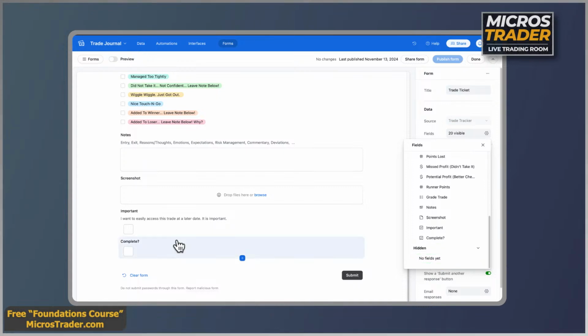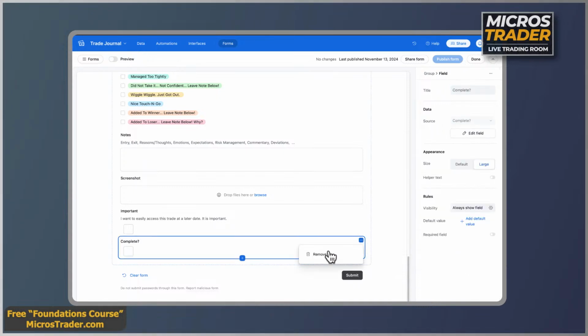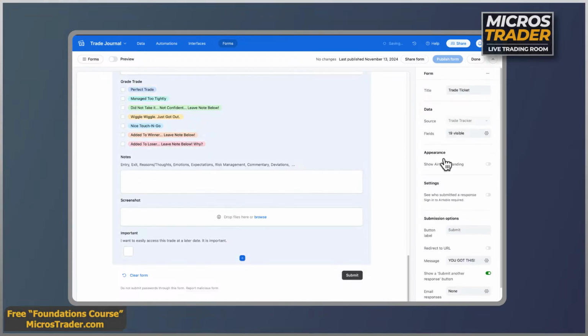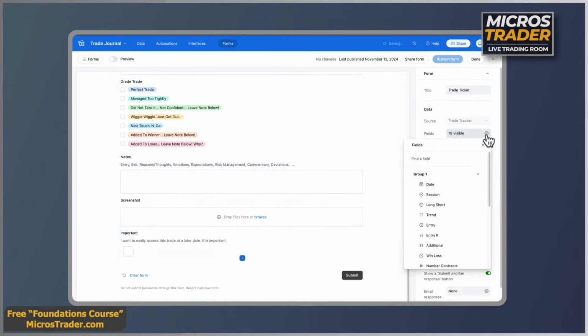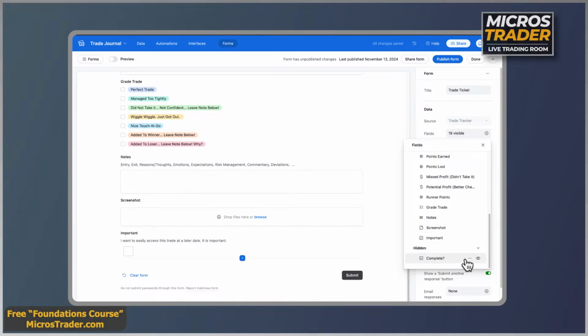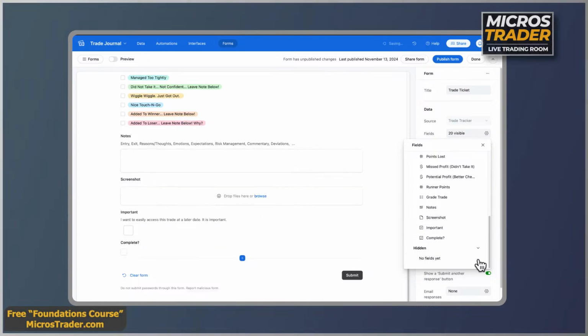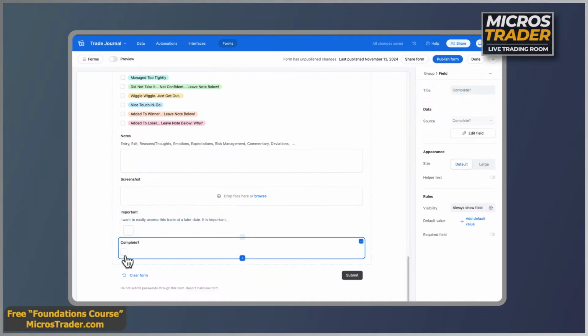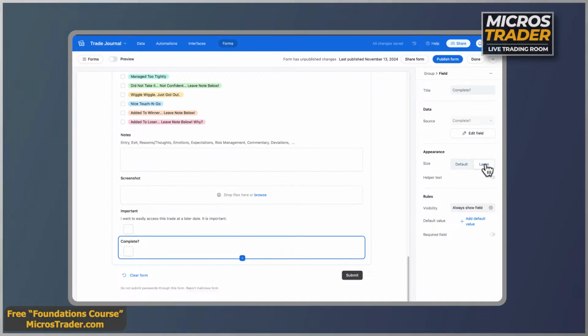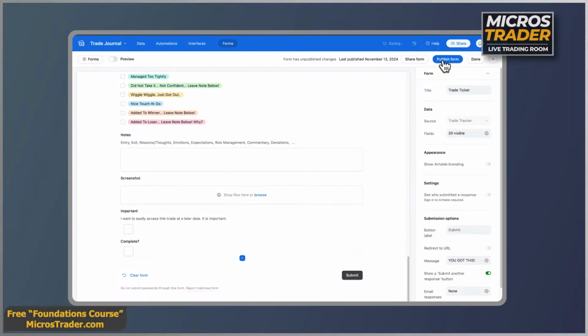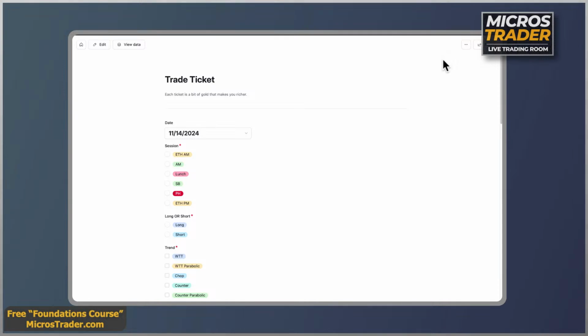So let me just show you that real quick because there's another thing. I'm going to hit remove. So I removed the complete. So now there's 19 visible. So when I come over here and scroll to the bottom, I put a little eyeball on it. Notice how this checkbox is smaller than this one. Well, I just come over here and I hit the word large, and I like it large. And that's how you do it. And you publish your form. And now that column is on your form. Does that make sense? That column is now on your form,